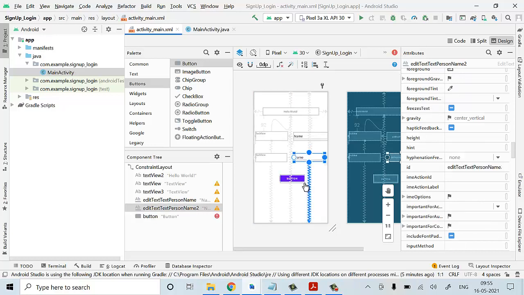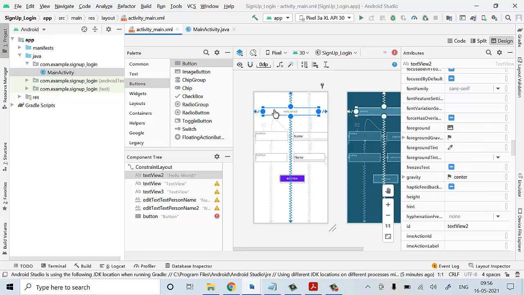So now we have to write a text in these particular text views. So first here, we have to write a sign up page. Here in this particular text box we have to write a content like sign up page. So what should we do? Where we have to write the values, in the sense we have to go for the res folder.